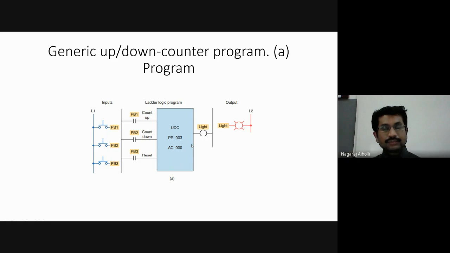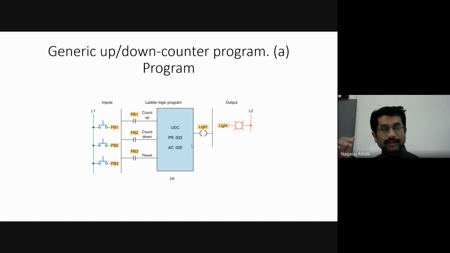When I press the switch 4 times and it counts in the downward direction, what is the final value? Starting value is 6 now. I have counted downwards by 4 values. What is the last value I am getting now? I have pressed PB1 6 times and I am getting the value 6. That is the accumulated value right now, beyond the preset value.